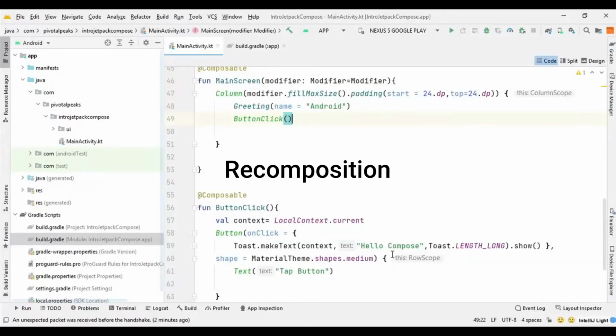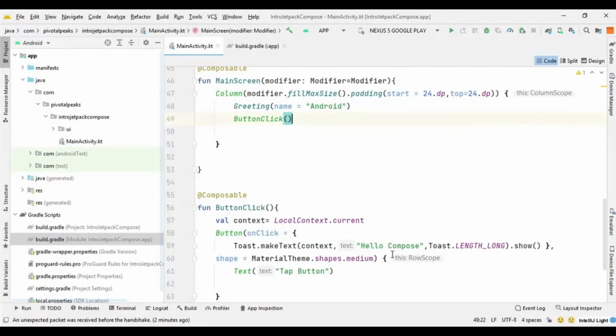Recomposition basically means drawing the same component over and over again. So in compose, when you call the composable function again with new data, then this process is called recomposition.